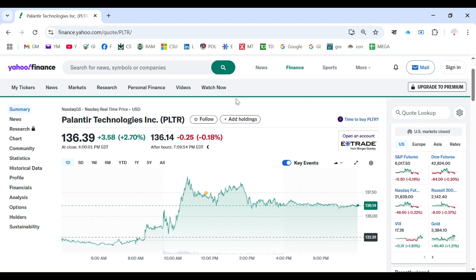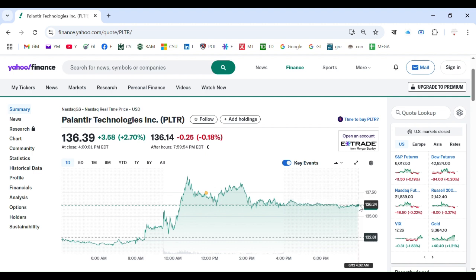Today, I will analyze Palantir Technologies Inc, which is PLTR. This is a widely traded stock on Wall Street, and it makes an impact on the broad market because the price movements are big for the market overall. There is a massive volume involved and the price is also a bit high. So you see the trend of today is